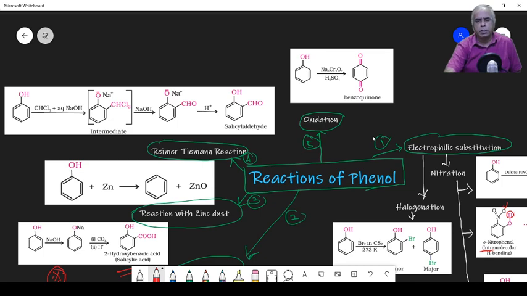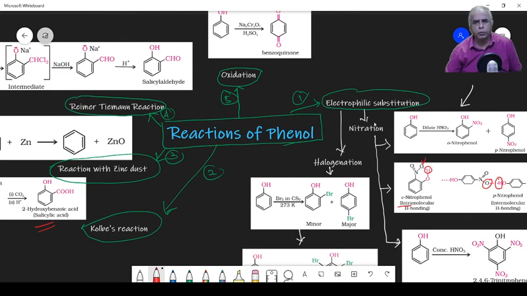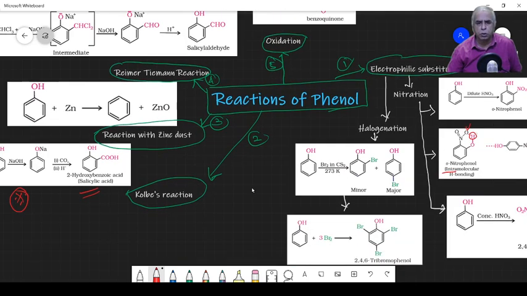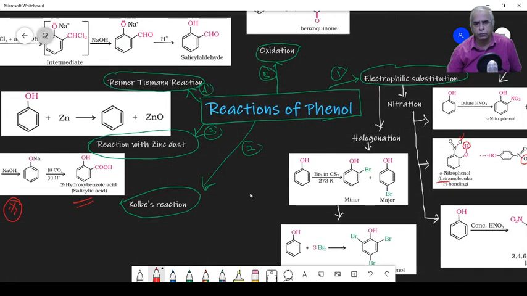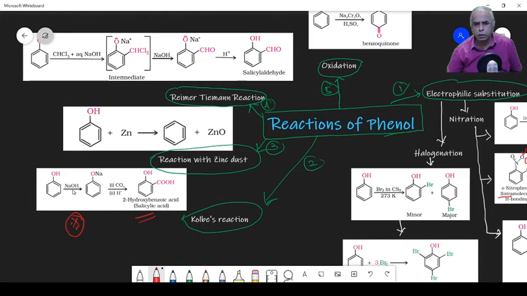Okay, so let me summarize. We have so far discussed the electrophilic substitution reaction, under which we have discussed nitration, halogenation. Besides, we have acylation, alkylation or methylation, etc. Then sulfonation also. On sulfonation, we are able to get benzene sulfonic acid. Then the second reaction, that is Kolbe's reaction, you must remember the reactants as well as the product. Here on reaction with sodium hydroxide, phenol gives sodium phenoxide, followed by carboxylation and hydrolysis, we get salicylic acid. And in fact, this is one of the important reactants for the preparation of aspirin.